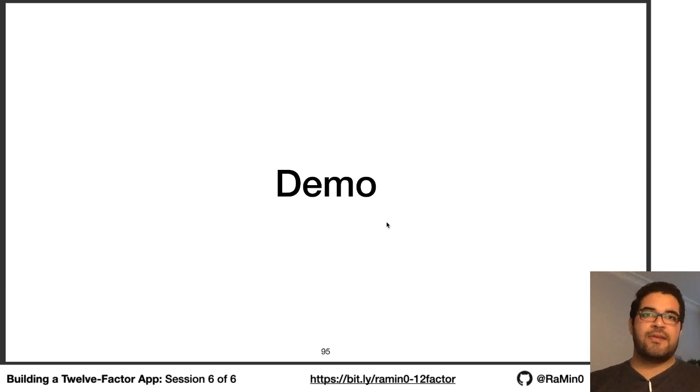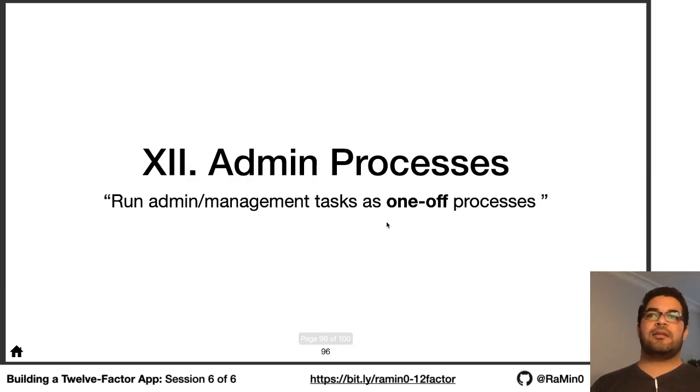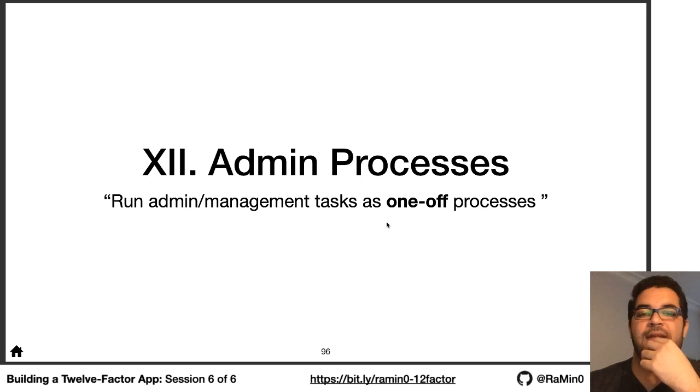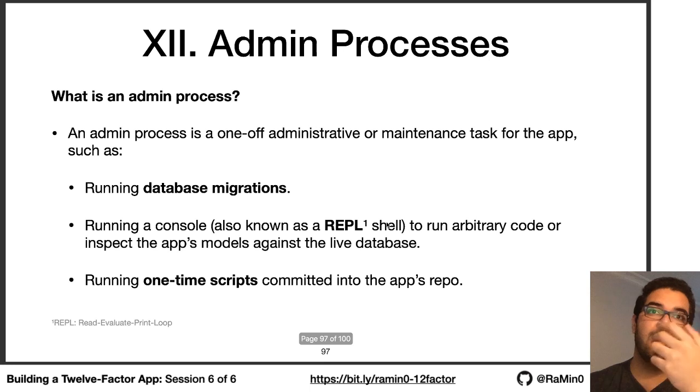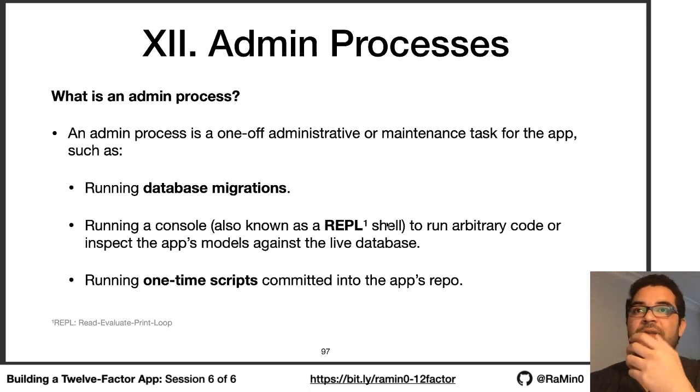So this sums up this factor, and now we're at the last but not least factor of the 12-factor app, which is admin processes. And actually this factor might be considered by many of us as a factor that doesn't really count, but it's actually a very important one. And to understand the importance of this factor, let me first define what I mean by an admin process. So basically, an admin process is just a one-off task that runs for the app, such as, for example, migrating the database,